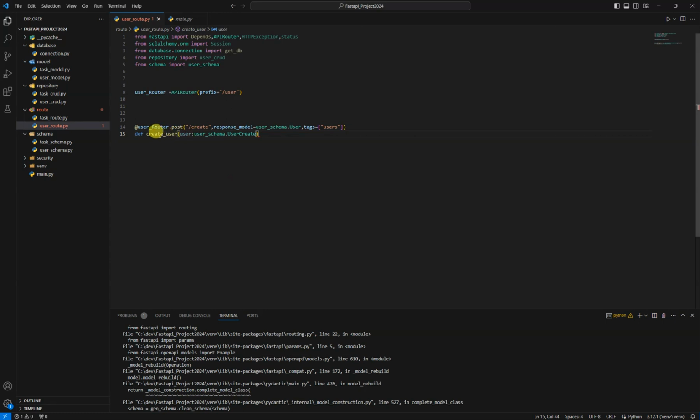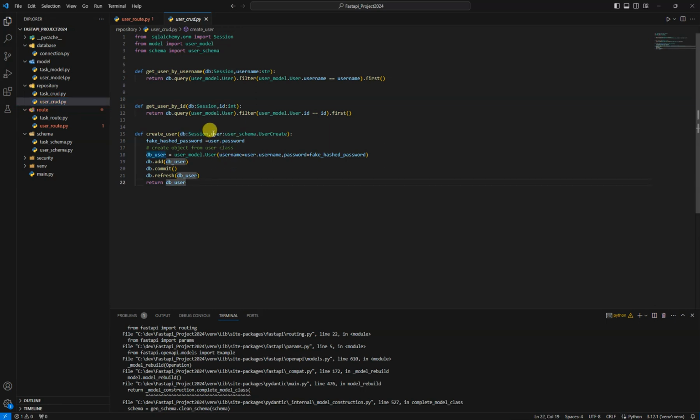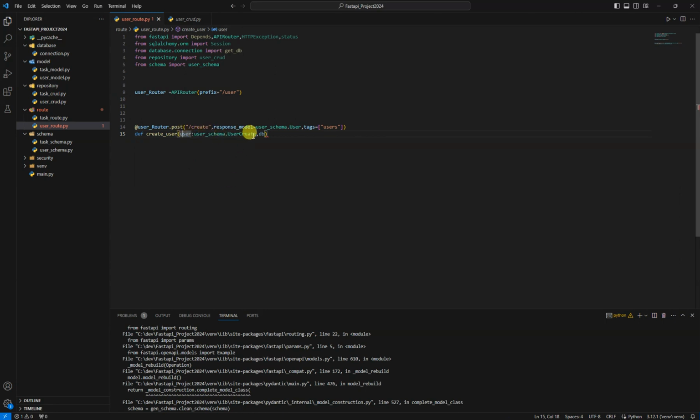To create a user, we first get a user, and then we need to connect to the database, because as parameters we get our database and then the schema of this user. I send this user as the response model, and for the database I connect from session,